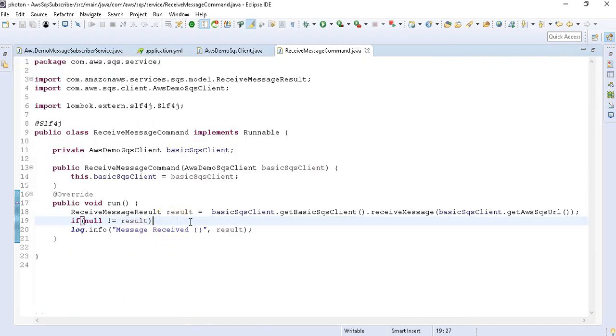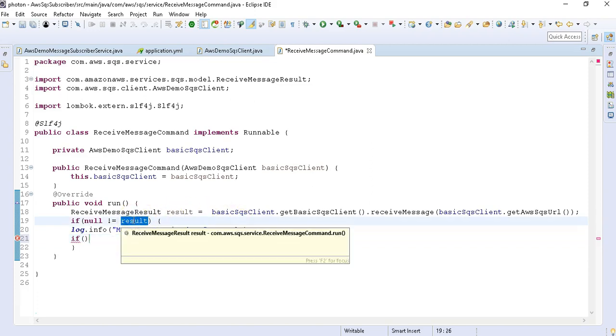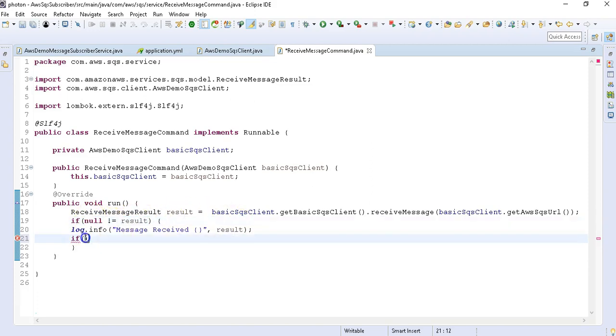Next is, once we read the message, we have to delete the message from the queue if it's been processed correctly. So let's write that part of the code. So if the result is not null, which in most of the cases it is not, you have to go and look into another property, which is the message on the result. So we're going to go and look at this property, null not equal result dot